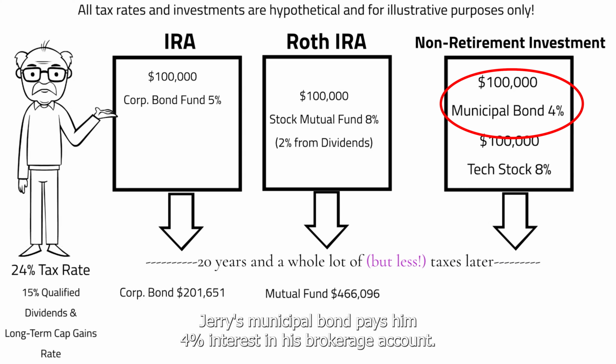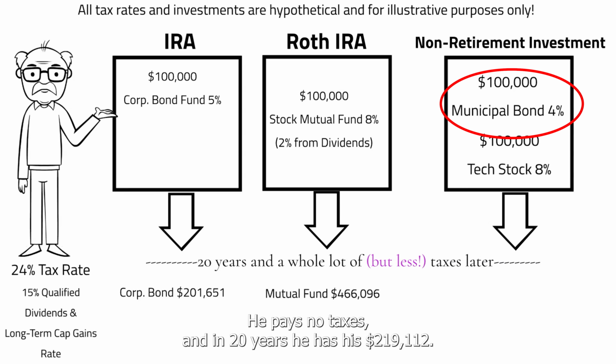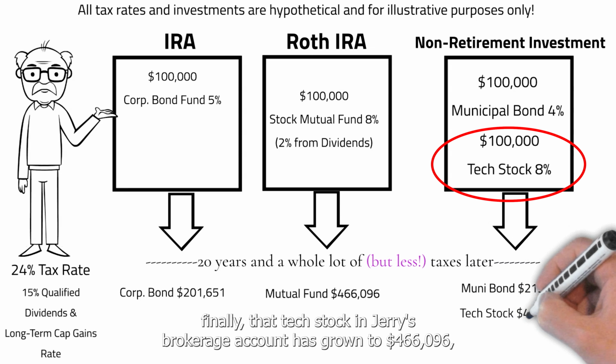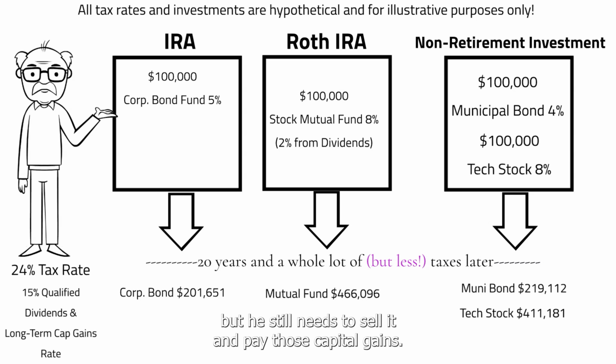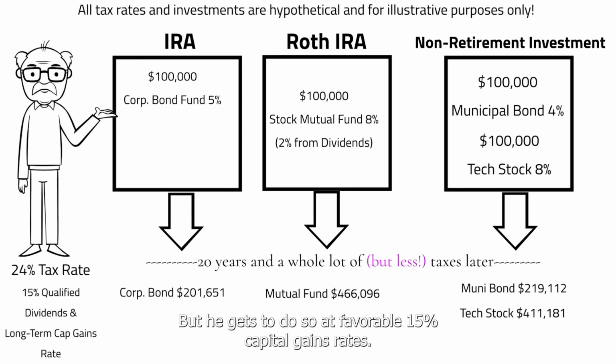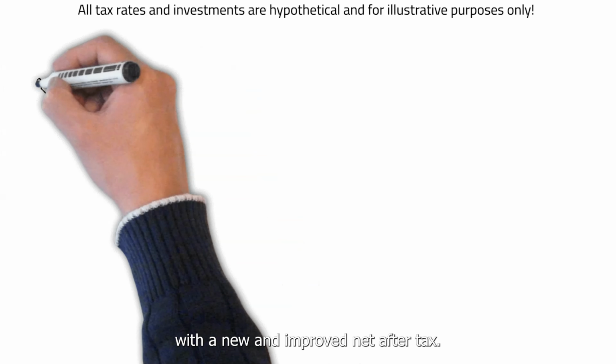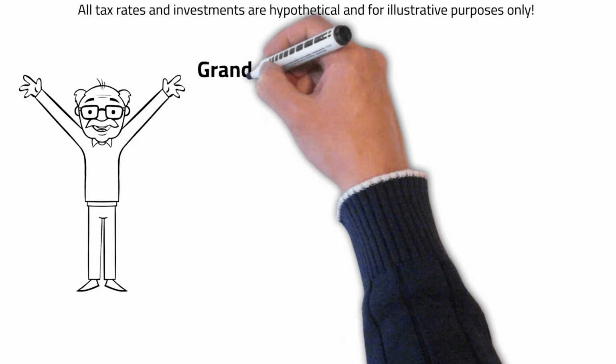Jerry's municipal bond pays him 4% interest in his brokerage account. He pays no taxes, and in 20 years, he has his $219,112. Finally, that tech stock in Jerry's brokerage account has grown to $466,096. But he still needs to sell it and pay those capital gains, but he gets to do so at favorable 15% capital gains rates. So his net after-tax total is still $411,181. So now, after 20 years, Jerry is left with a new and improved net after-tax grand total portfolio of